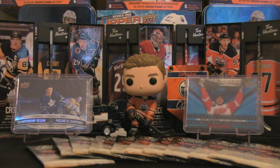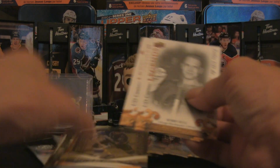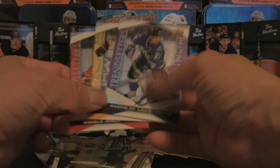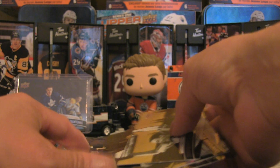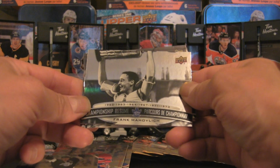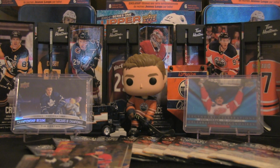So without further delay, why don't we get to the secondary 25 pack rip here. But before we do, just a very quick recap. We managed to get some of the canvas cards. Well, we got 4 of those in the first break, so 4 canvas cards. We ended up with 3 of the trendsetters right there, so a little bit of harder subset to complete. And we had 6 of these championship, well 7 including the Tim Hortons. So 7 of the championship resume cards on average,